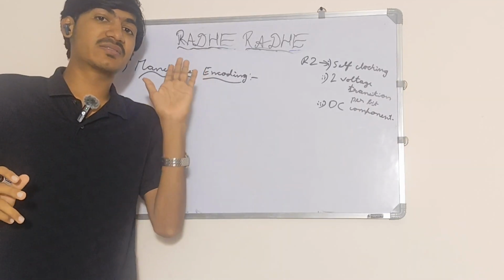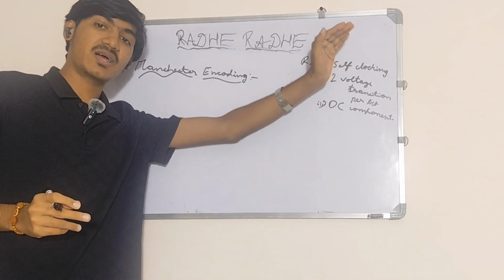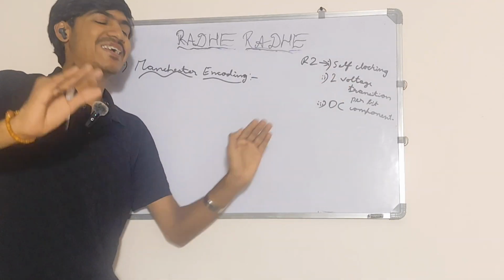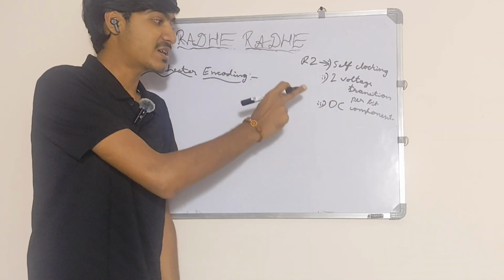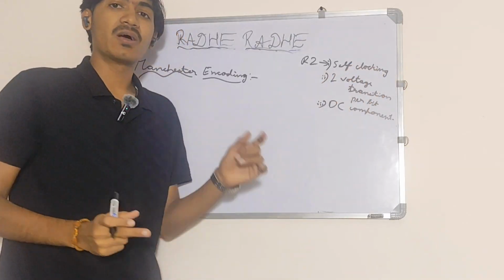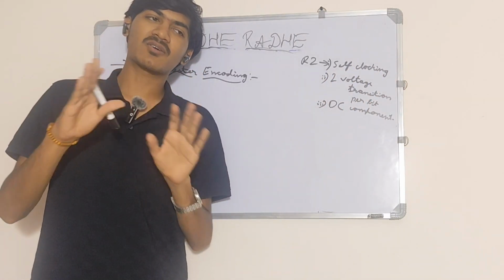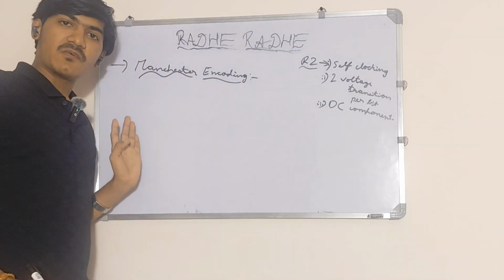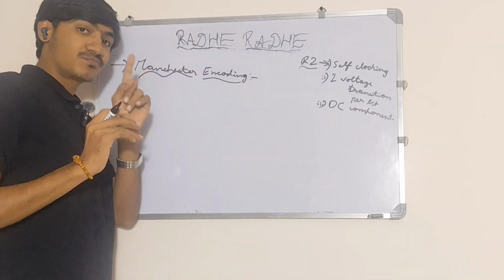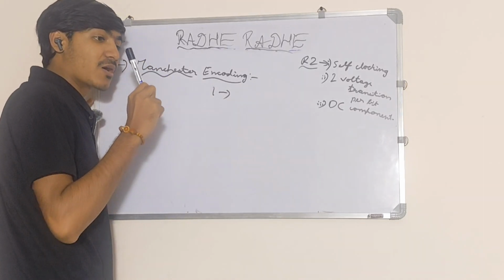That is the reason they came up with a scheme called Manchester encoding, which eliminates these problems. Not all, it still has the problem of 2 voltage transitions per bit, but it eliminates the DC component and self-clocking. If you don't have 2 transitions per bit, you cannot synchronize your receiver at any cost. Getting it? Now, the idea of Manchester encoding was that bit 1 is represented by a voltage transition from low